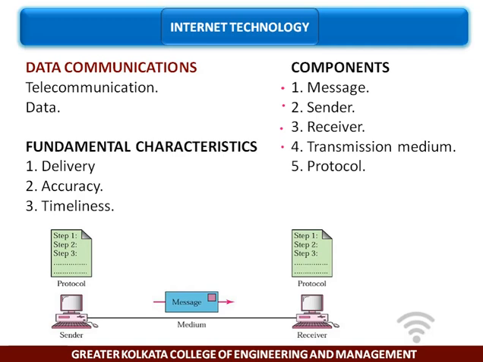What about the transmission medium? This is the actual physical path by which a message travels from sender to receiver. And nowadays, physical media in some situations cannot be used because we are also using Wi-Fi. Some examples of the physical media included in transmission media are twisted pair, coaxial cable, fiber optic cable, and radio waves also.